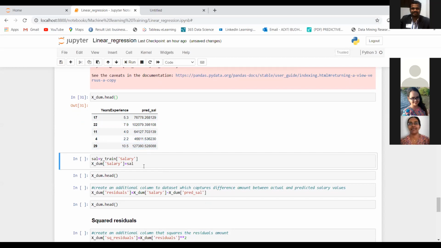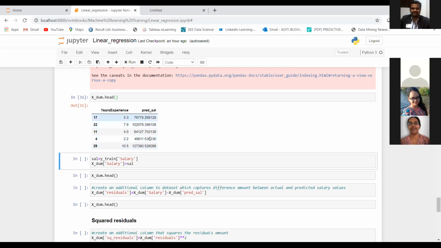So we have actual values of salaries with us, right? Recall, in our main data file, we have two columns: salary and years of experience. This column is what my model is predicting, but we already have the actual values.